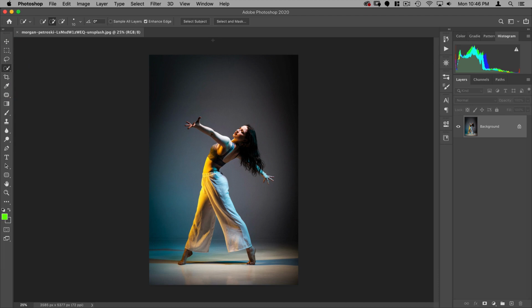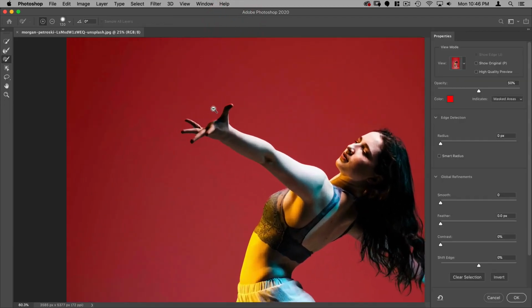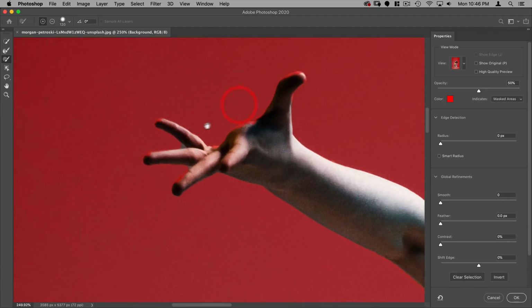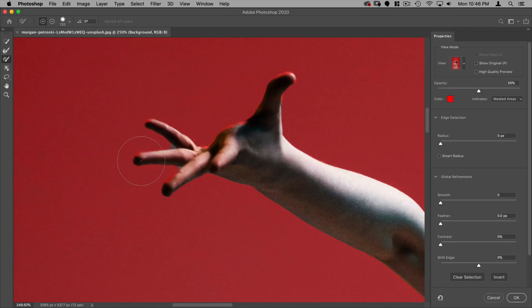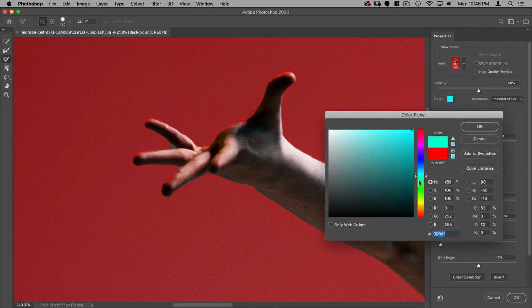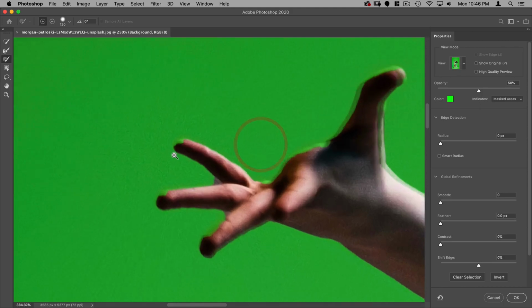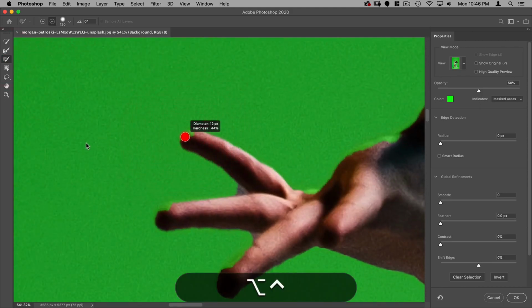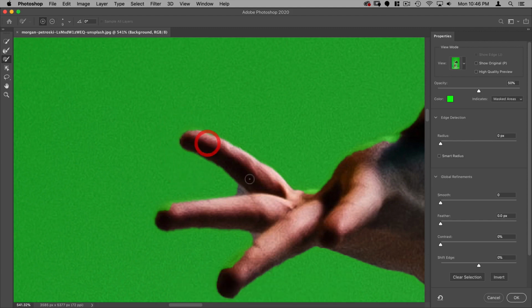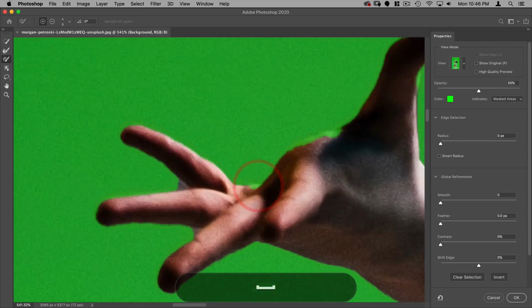And I'm going to go on my quick selection tool and click on select subject. I think it's actually going to do a pretty good job. So now let's go to select and mask. Just take a closer look here. And I might change this overlay color just because red on skin color, it's a bit hard to see how good this selection is. So let's maybe change it to a green color. There you can see it's a little more obvious where her fingers aren't selected. I'm just going to use the normal brush tool and just kind of paint in what the selection missed there. Like so.